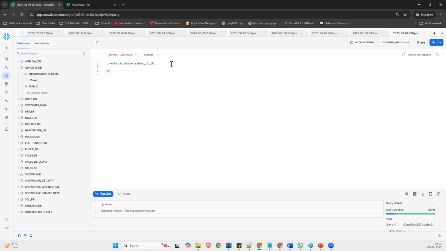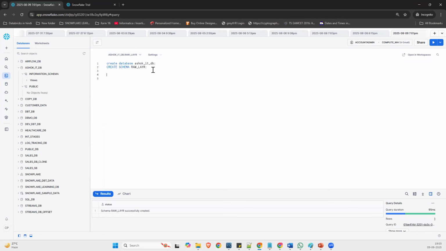And if you would like to create a schema, create schema, schema name. It will create the schema for you. You just need to run this query. Now you can see the database, and it has been changed to the raw layer schema. Earlier it was public.